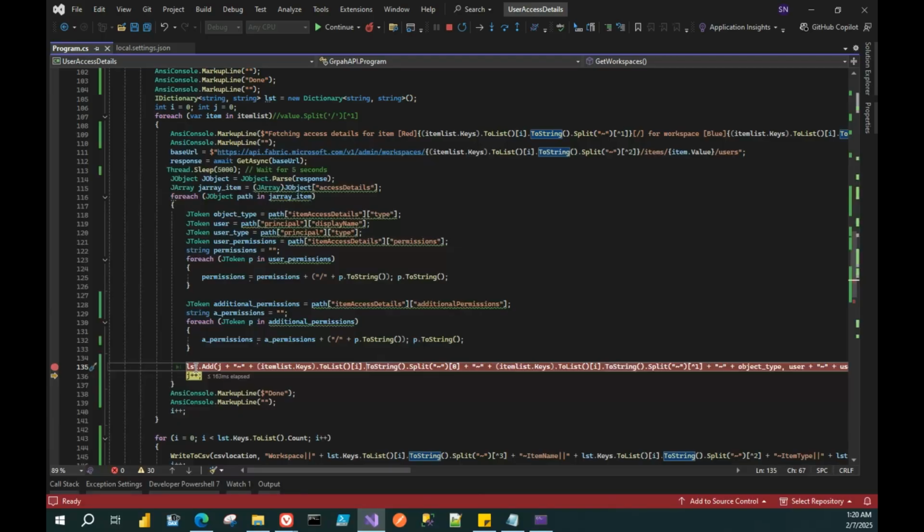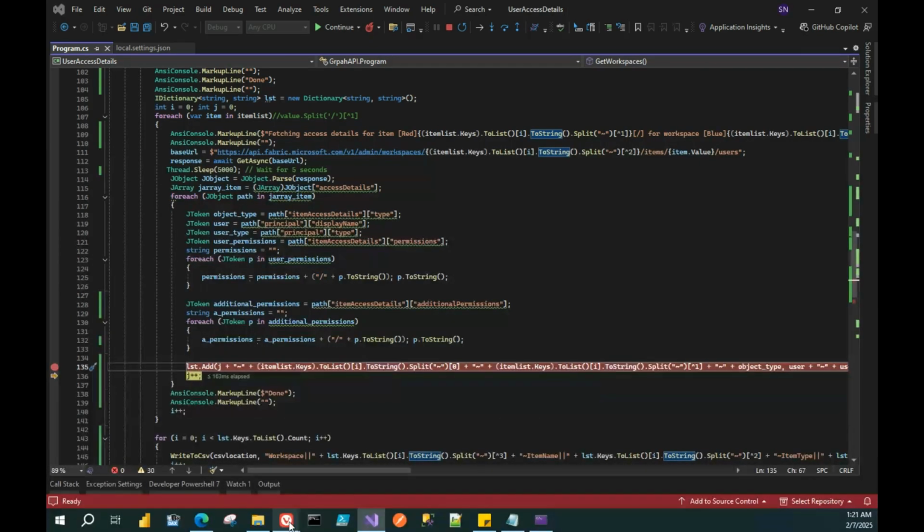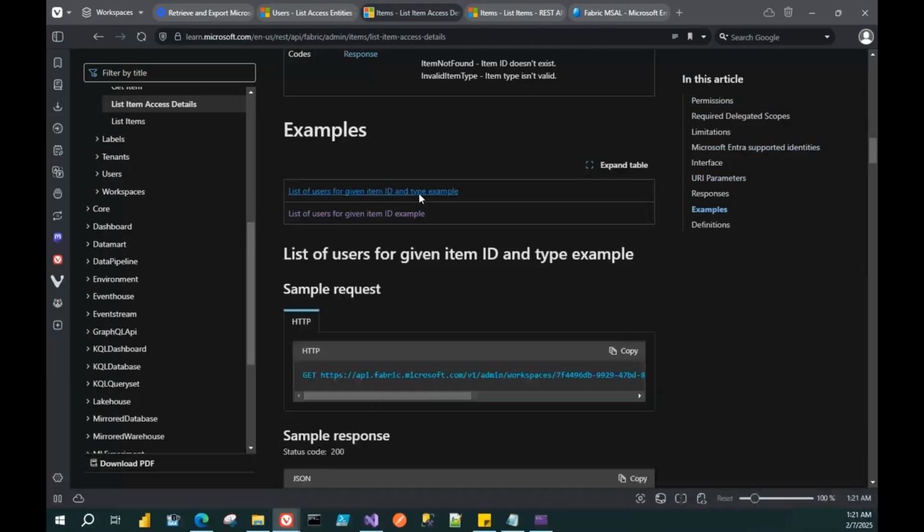And this dictionary object has, under the key of the dictionary, what I've done is that I've added the workspace name, the name of the item and the type of the item, and then in the value I have the underlying security principal name, the type of the security principal, the name, and the permissions, along with the additional permissions. So this service principal is of a type user having these permissions along with these additional permissions. If we go back to the sample response here,